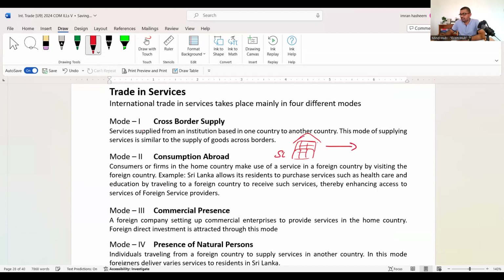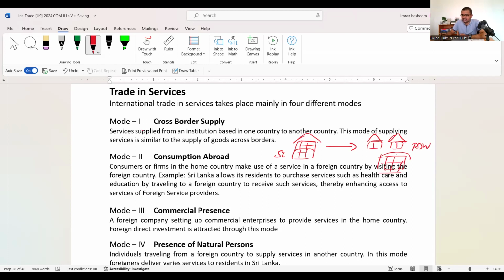We offer a service to either companies or houses or whoever wants our services in another country, the rest of the world. And in return, we get a payment. So what we are offering is a service. A really good example of this: